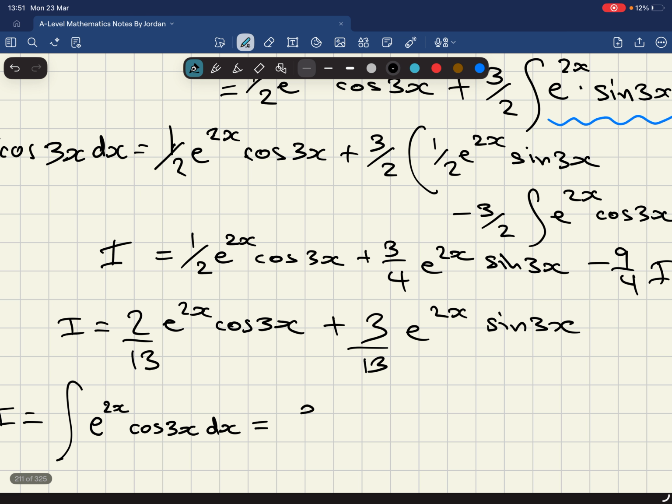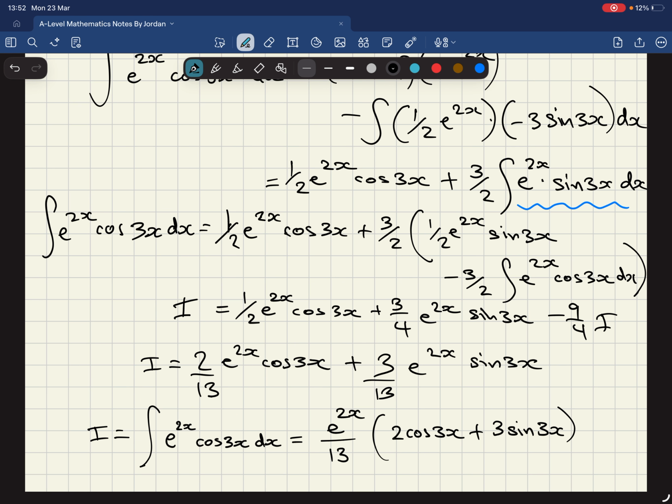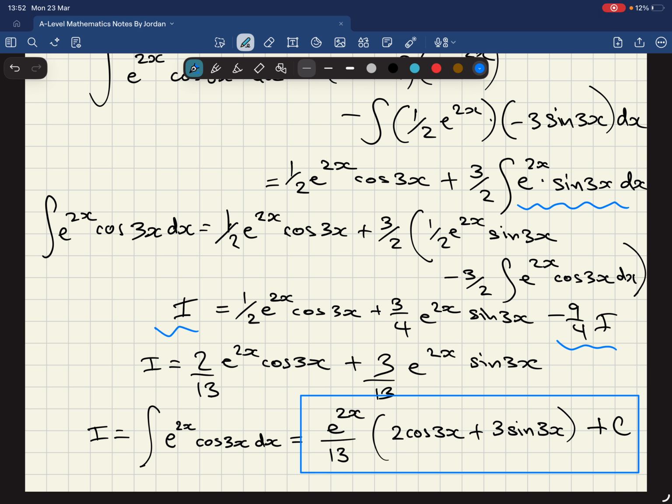So I'll bring out e to the 2x over 13, and that will leave me with 2 cos 3x and 3 sine 3x. Don't forget at this stage to add the plus c on the end. I didn't do that earlier just because I didn't want to have to keep rearranging and moving around a c as well. So that will be the final answer to this question. It's really, really handy to be able to use I when doing by parts. Okay,